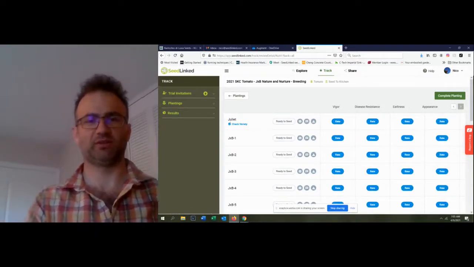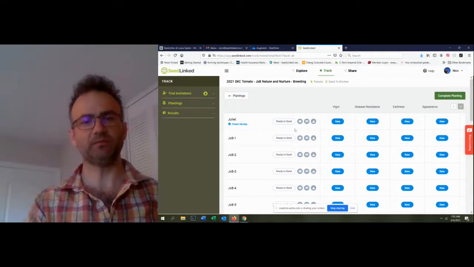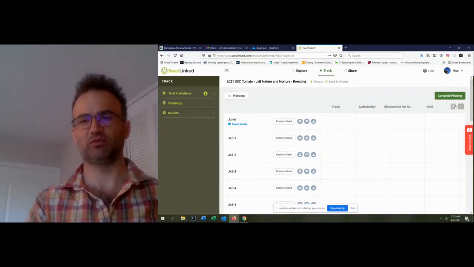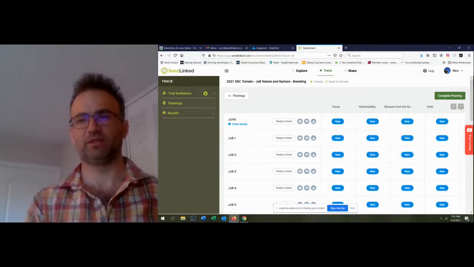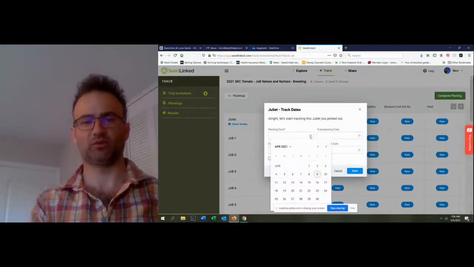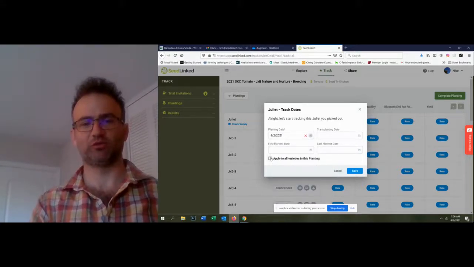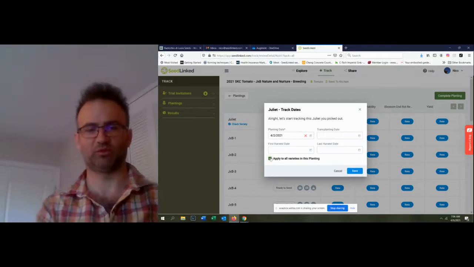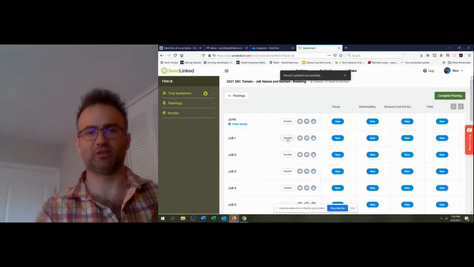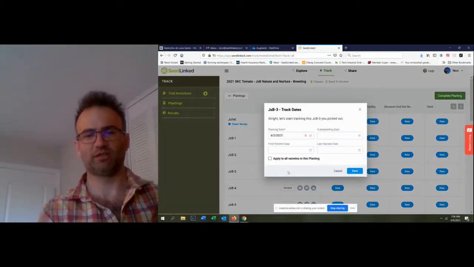So see here now, you see check variety, and here you have, on top you have the different traits that we are asking you to review, and here you can enter planting date, and so to show you, I planted mine on April the 2nd. I want to apply to all. Typically you plant them all, so this way you will add the planting date to all your variety at the same time. And so now you can see they're all seeded,